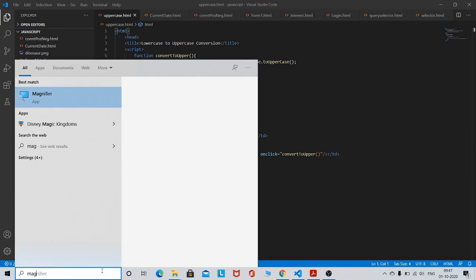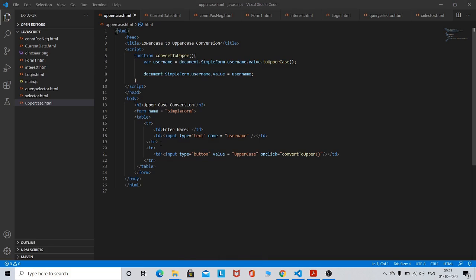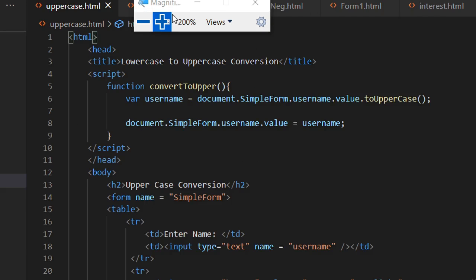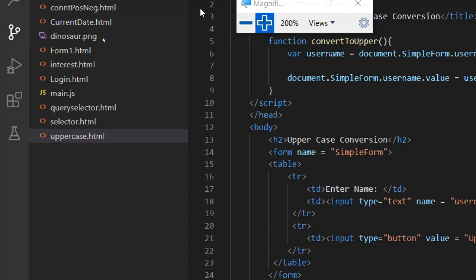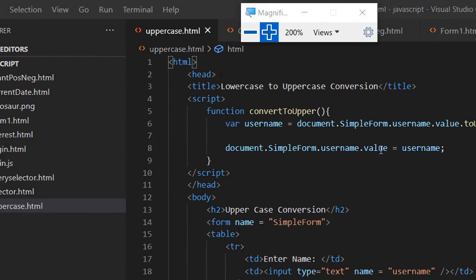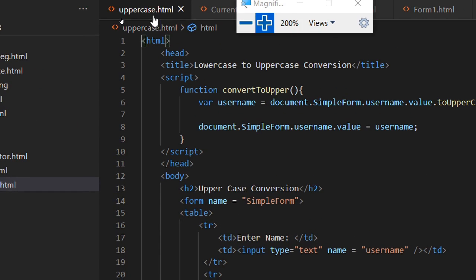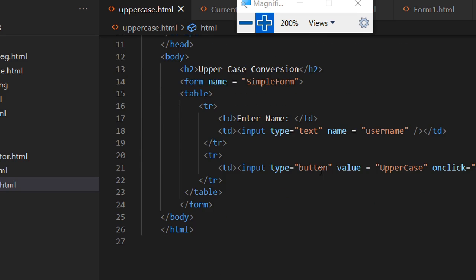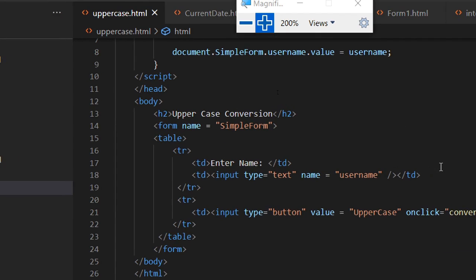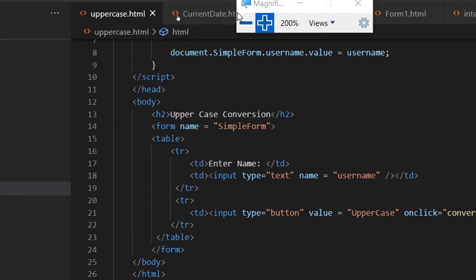So let's magnify it. Okay, so here is the code. Let's first check how it works, then I will explain the code.